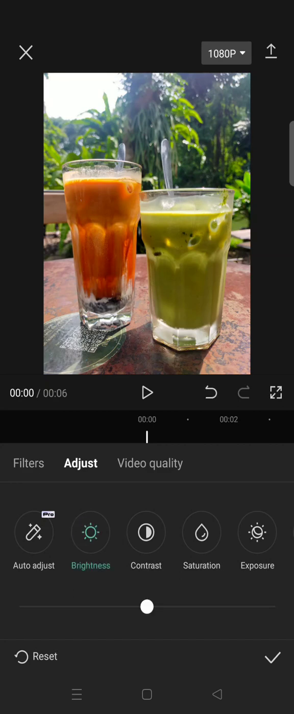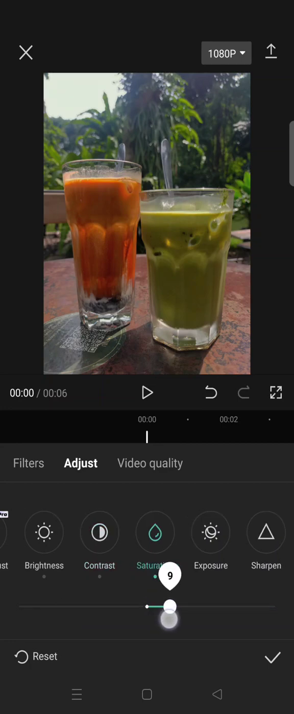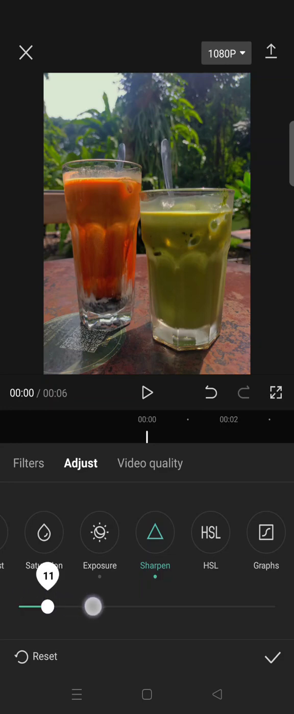So for the brightness, I lower it to -17 and contrast -30, saturation 13, then exposure -10, sharpen 55,